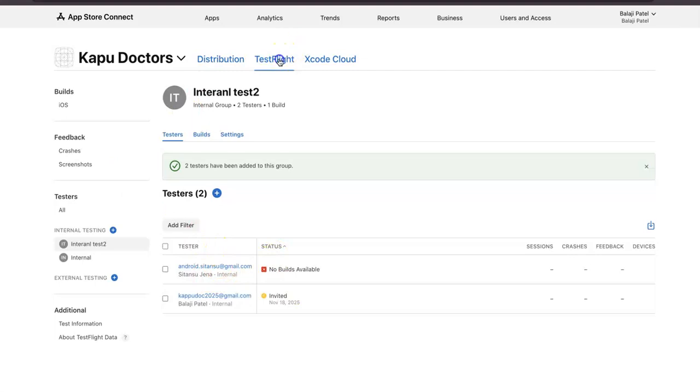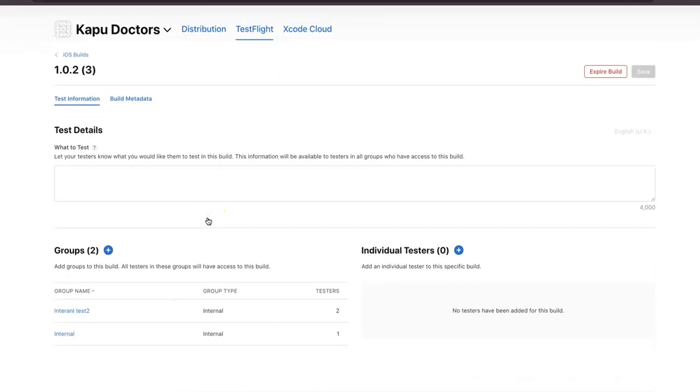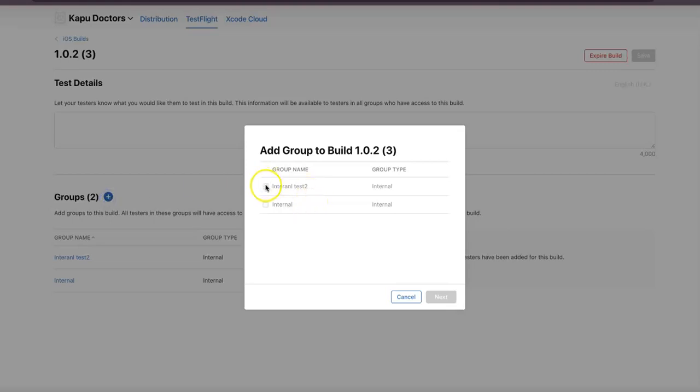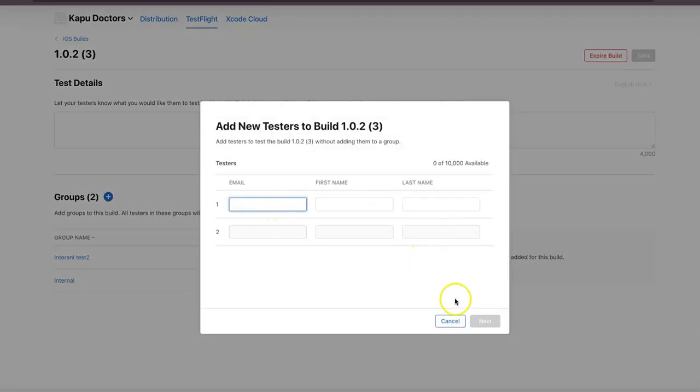Now you have to go to the TestFlight build. In the TestFlight build you have to go to your build, the last build uploaded, whichever build you want to tag. You can see you have already created a group, and these are the group names which have already been assigned. By default, whenever you are uploading a build, the internal testing groups will be assigned. And if you want any individual user, you can go here, add and invite them also based on